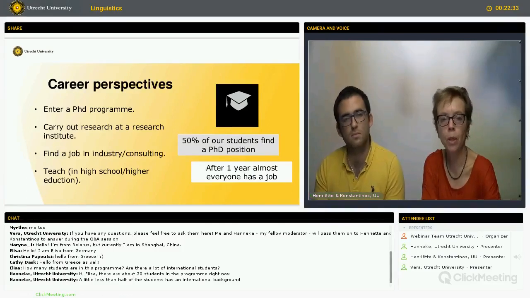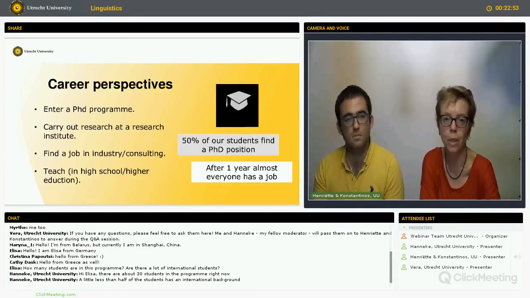About 25 to 30% of our students find jobs outside of academia. Sometimes because during the research master they find out that continuing their studies is not what they want to do. Sometimes they don't manage to find a PhD position because there are no positions in the area that they want to carry out research in. And some students come back to academia later in life. And then there's about a quarter of our students that we don't really know what happened to them. Some of our international students, we are unable to keep track of them after a while.